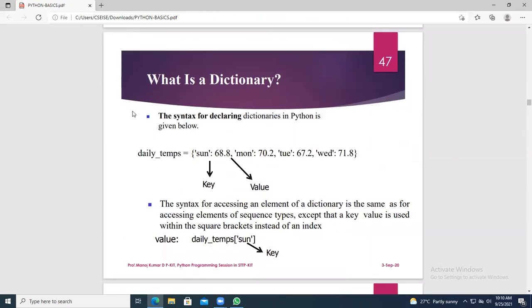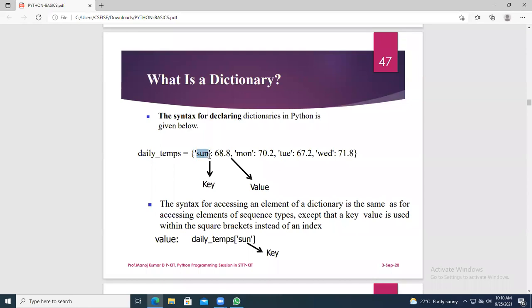Now you come to the definition. What is a dictionary? The syntax for declaring a dictionary in Python is given. This is the dictionary variable. Everywhere you come across a variable, like a stud list, stud tuple. Here I have taken the dictionary variable as daily temps. A dictionary is represented using flower brackets.